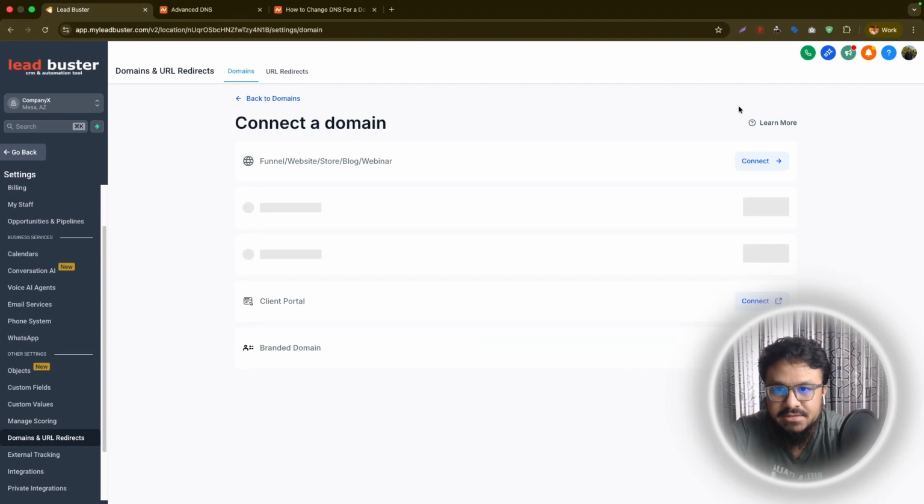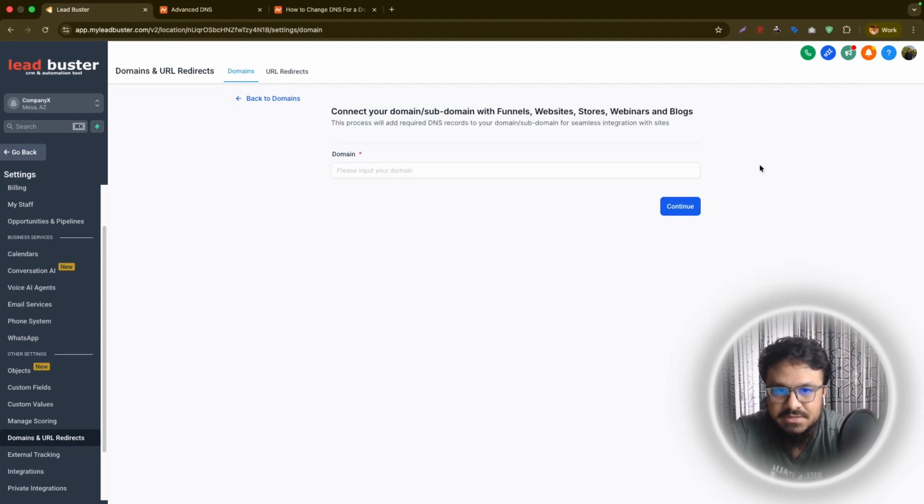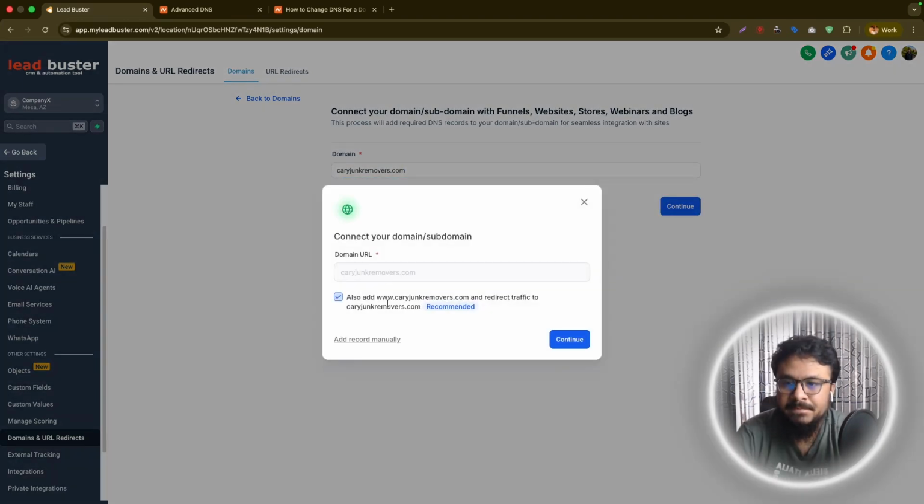So I'll say connect domain, funnel website store. I'll click on this, then copy the domain from here and put it here. Once you do that, you'll hit continue, and then make sure this is selected. Also add